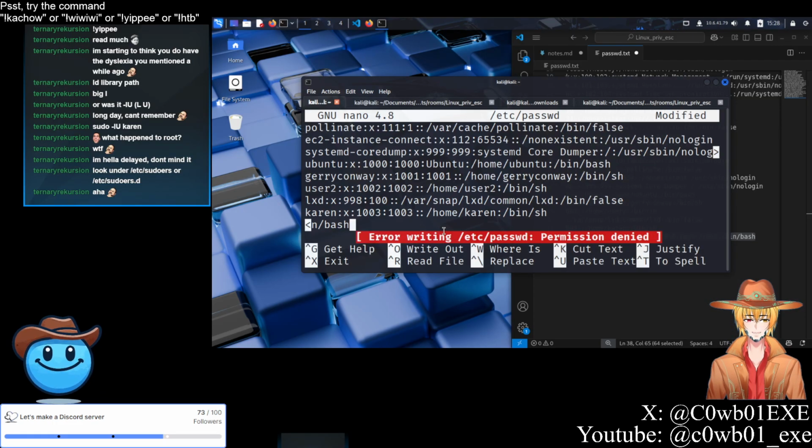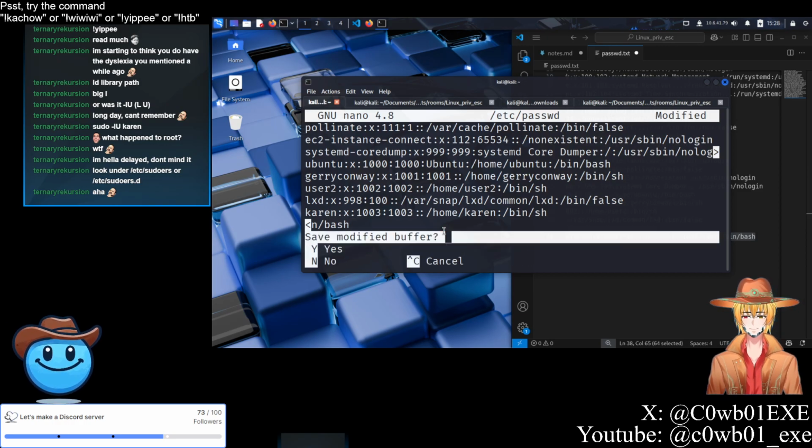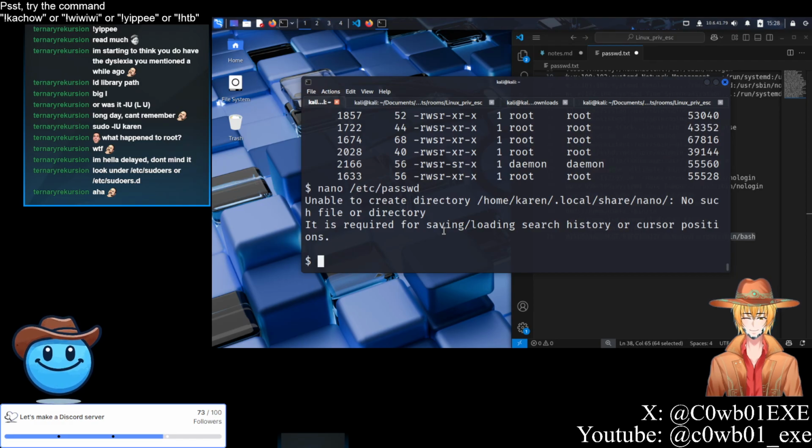I should have died. Hmm. Maybe if we restart the box, because something seems a little off with this instruction. I feel like we should have been able to grab the shadow file and crack some passwords, but